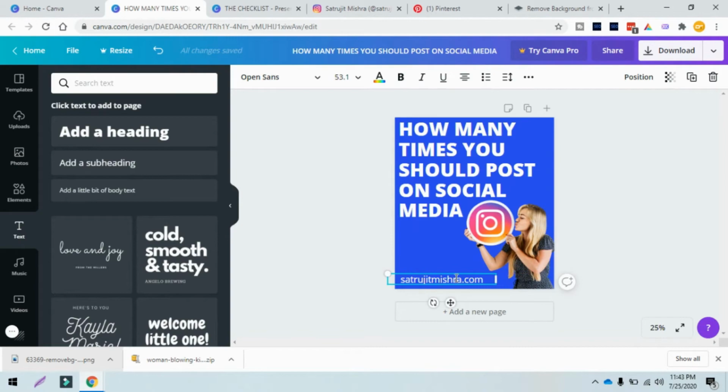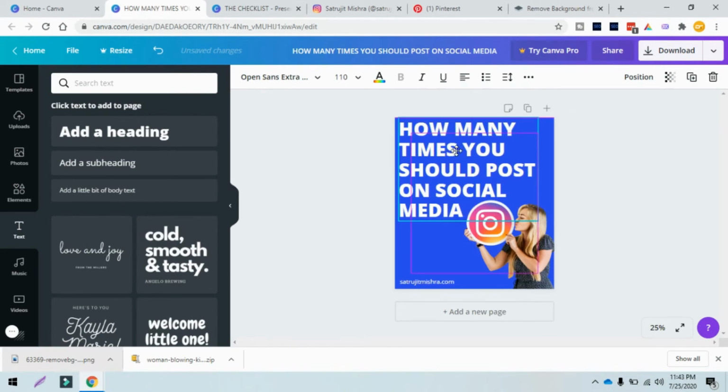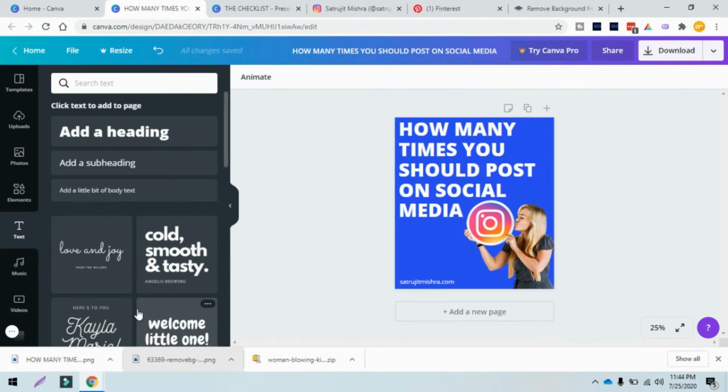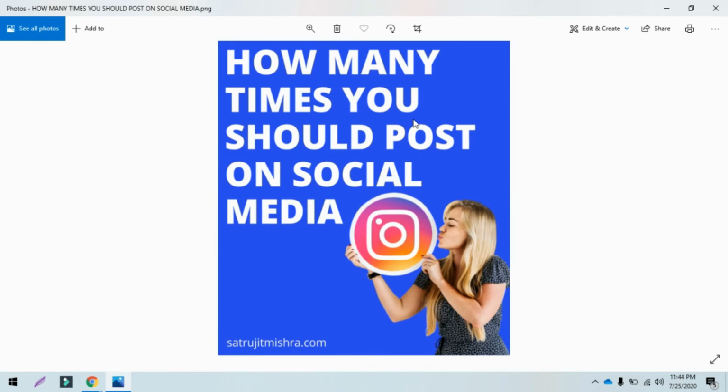So what I will do is I will decrease the size of this, let's say to 35. Yeah, 35. I will keep this size and just align this text with this particular header. So I will keep it, let's say over here, or let's say over here. Okay. So this is how I do the alignment. You can see everything is aligned right now. Once you download it, you can click over here and open and check whether it is looking fine or not.